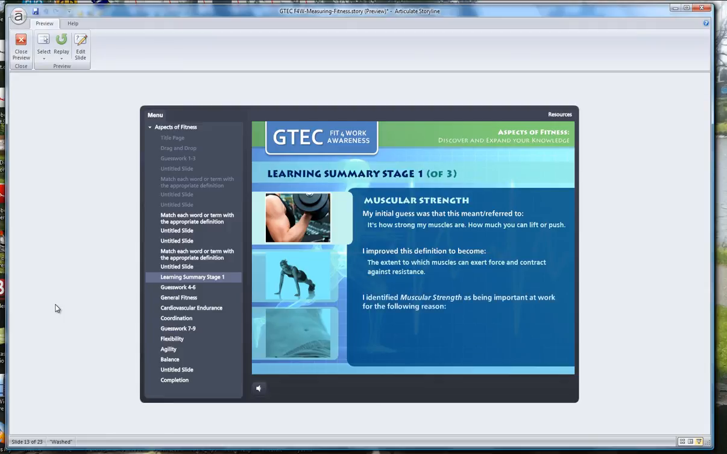And this is just text input variables. So for muscular strength, my initial guess was that it was this. It's how strong my muscles are, how much you can lift or push. My improved definition became the extent to which muscles can exert force and contract against resistance. And I identified this as being important at work because I need to do a lot of lifting at work,